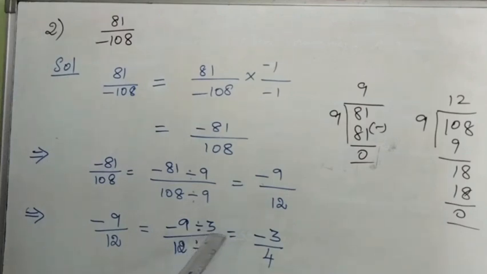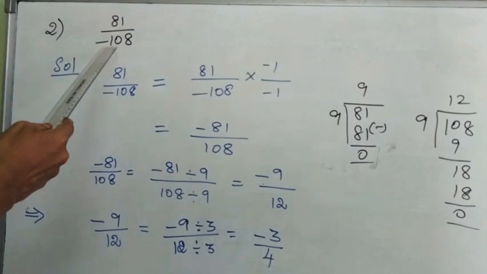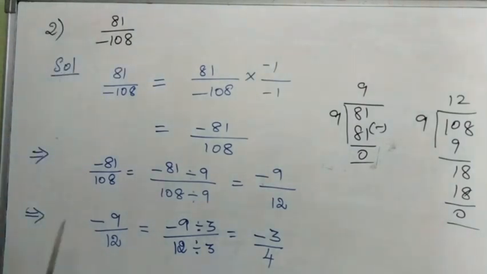9 divided by 3, you get the answer 3. Here, minus 9 means you have to write minus here. And then next, 12 divided by 3, you get the answer 4. Next, for this rational number we have to check whether cancelling is possible or not. That means we check whether the numerator and denominator have the same factor or not. 3 is a prime number, yes, and also an odd number, and 4 is a composite number. So they could not have a common factor. So this is the simplest form. Okay. How do you complete the answer? Therefore, minus 3 by 4 is the simplest form of 81 divided by minus 108. This is the answer. Okay.